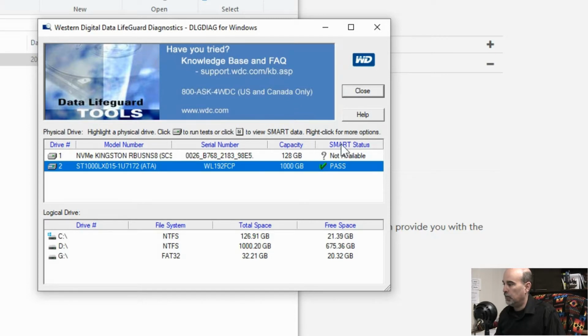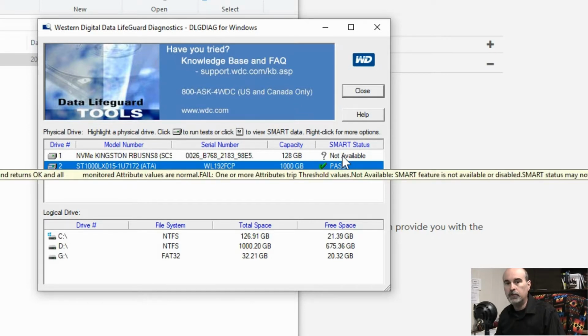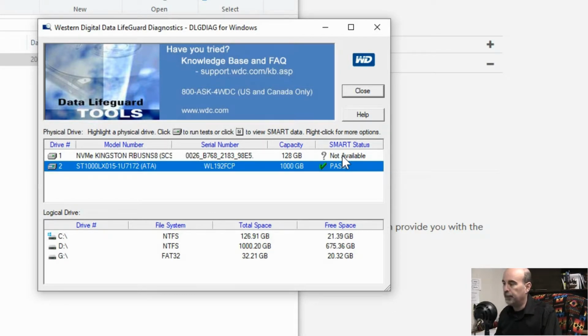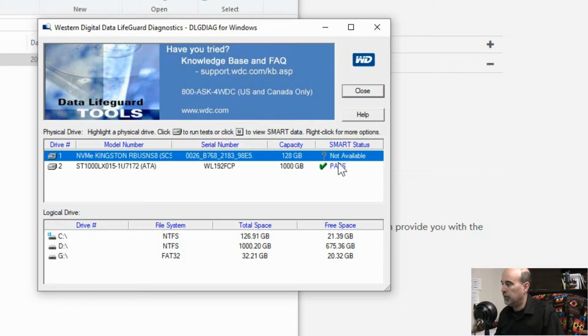While the Smart Status is what gives you the very quick, obvious signs of failure if it can see anything right away. Now, the Smart Status is not available for the main solid state drive, and that's because this tool isn't meant for Kingston, and also because it's a solid state, it's not able to recognize that.